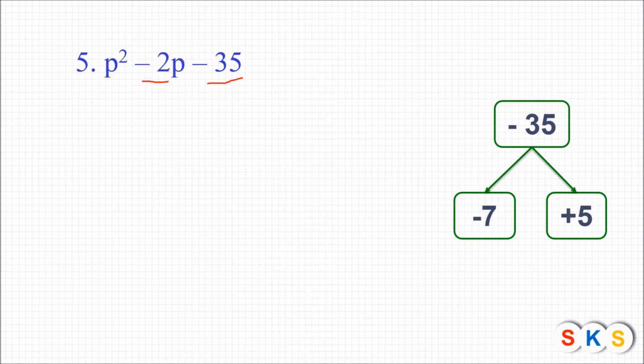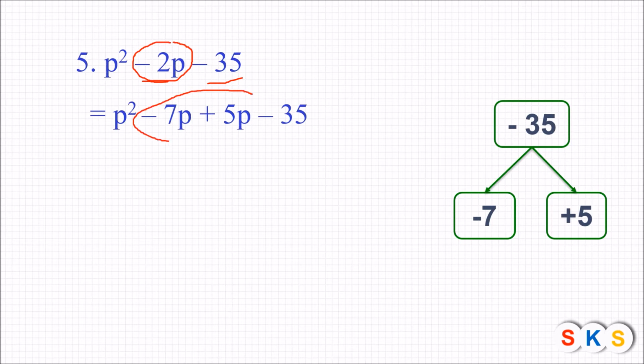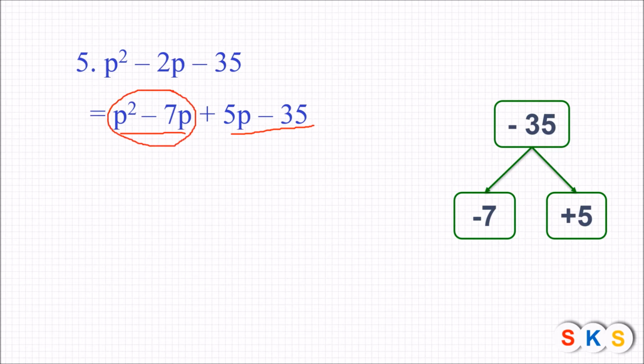So I'm going to split the middle term as minus 7p plus 5p. You can see that I split the middle term. What was the middle term over here? It's minus 2p, which you can write as minus 7p plus 5p, correct? After splitting the middle term, we will make a group of the binomial. This is your first group of the binomial, and this is your second group of the binomial. After making the groups, we will take the common